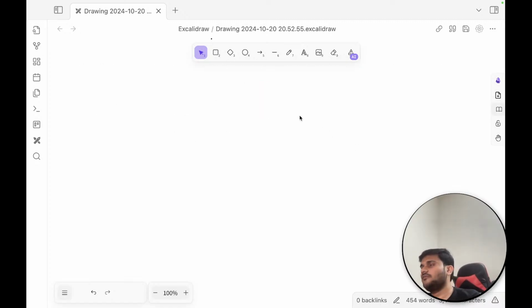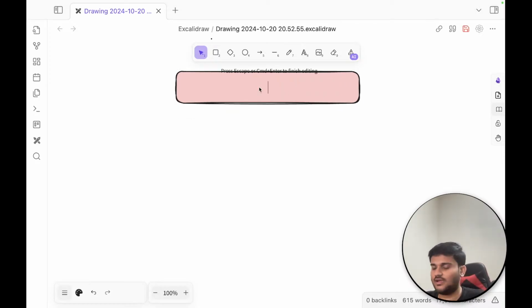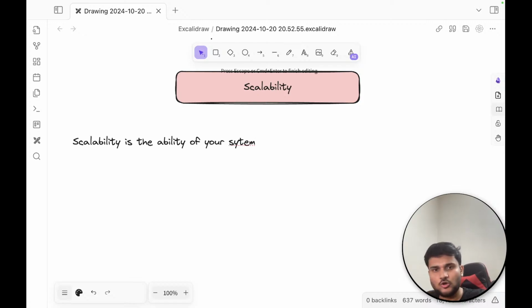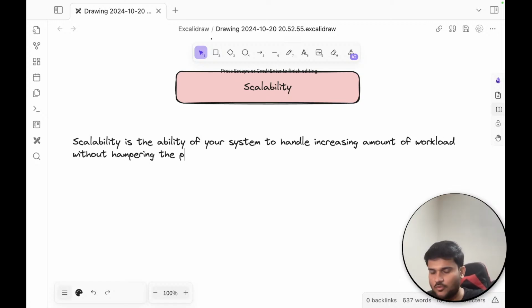Now we are going to talk about a very important term, that is scalability. I believe a lot of you might have already heard about it, and a lot of you already know about it. Scalability is the ability of the system such that it can handle an increasing amount of workload without compromising your performance. So scalability is the ability of your system to handle increasing amount of workload without hampering the performance